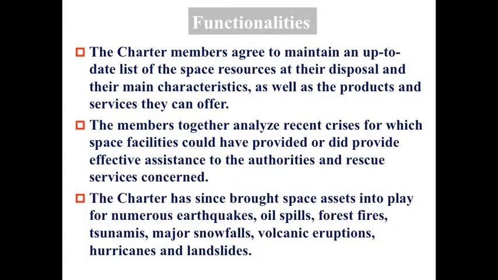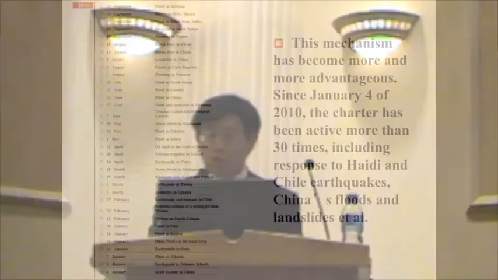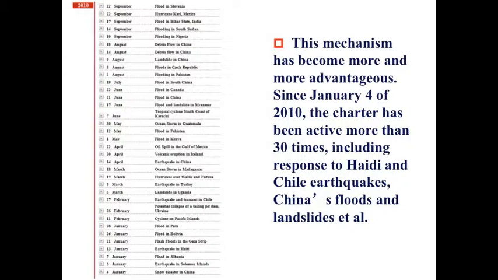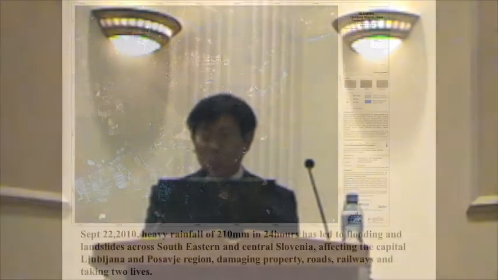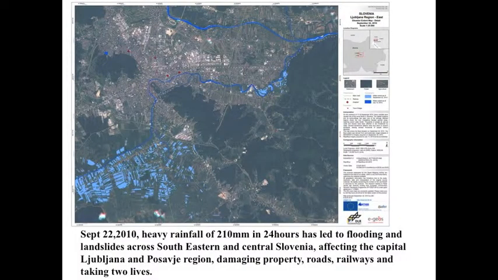The Charter has run for almost 10 years, and in a lot of earthquakes, oil spills, forest fires, major snowfalls, etc., all the natural disasters, it functioned well. This list just shows that this year, since January 4, it has already been activated 30 times, including the Haiti and Chile earthquakes, Chinese flooding, and landslides, etc. This slide just shows you that in the last week, very big flooding happened in